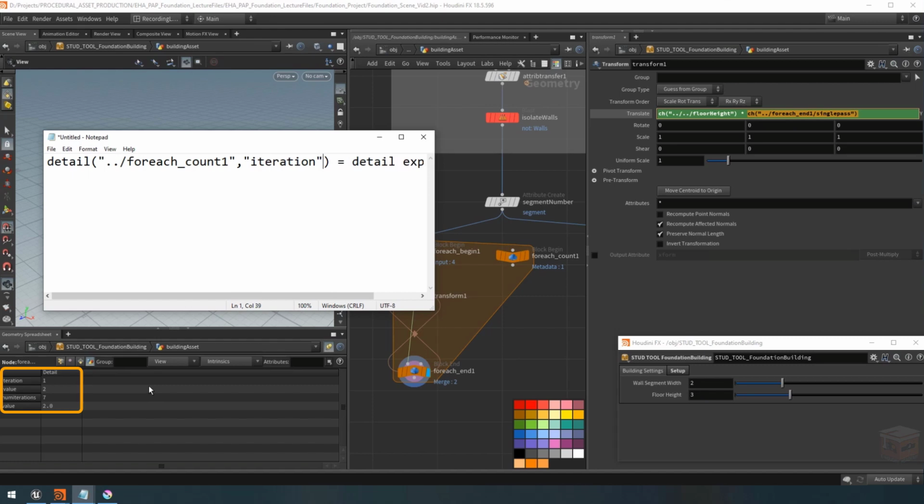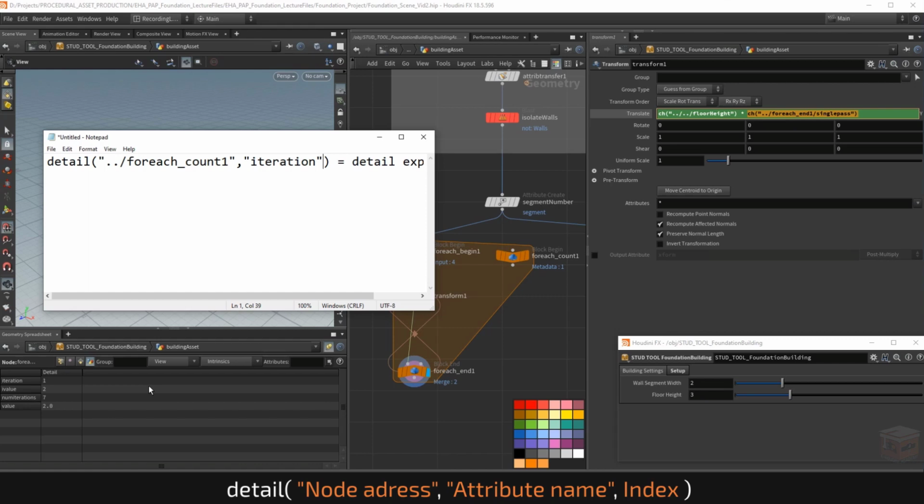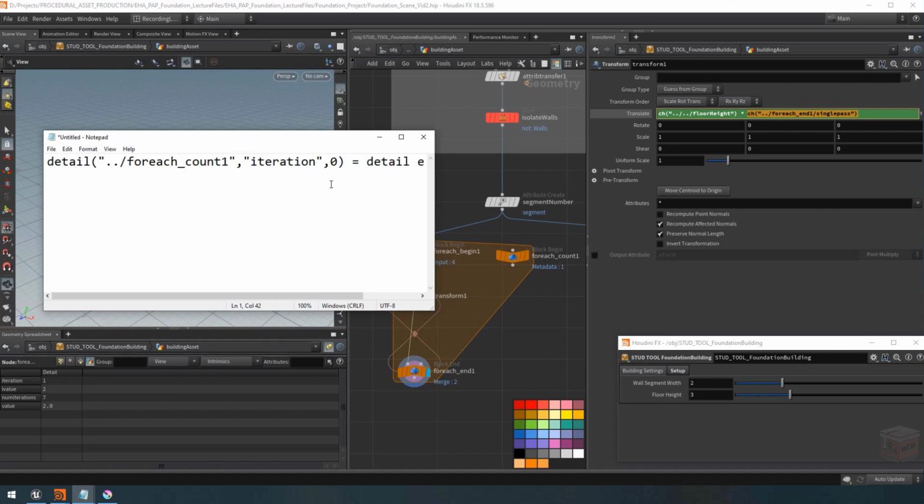And then the last value that the detail attribute needs is the index of the value. Now that's for if you say have a vector which has 3 values, or if you have an attribute with a larger size, like a size 5, which has 5 values. Well, in this case, we want the first one, which would be 0. But of course, the iteration attribute only has 1 value, so this will be fine. So if we have this, and we use this expression, then it should work. If I copy this,